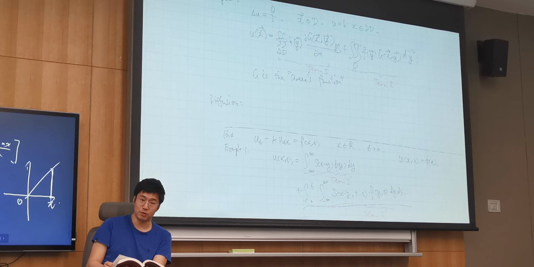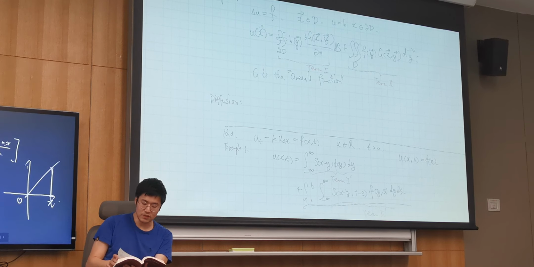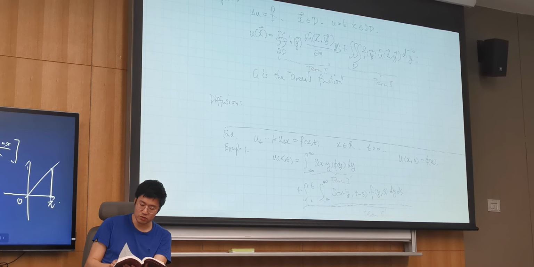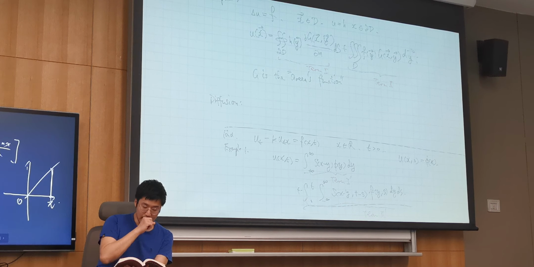Right, how do we prove the maximum principle for a harmonic function? And how is the maximum principle helping us to prove the uniqueness? That's actually the uniqueness of the Poisson's equation. And after that,